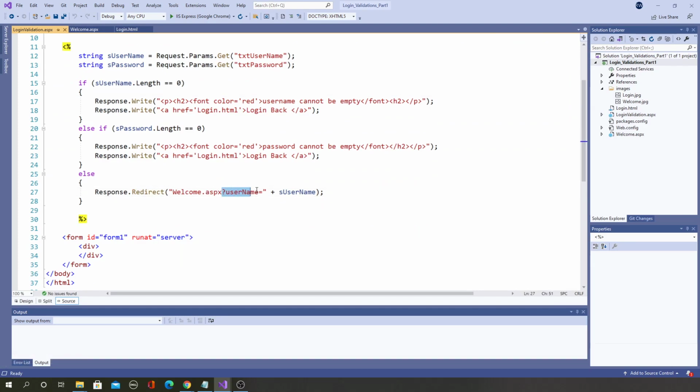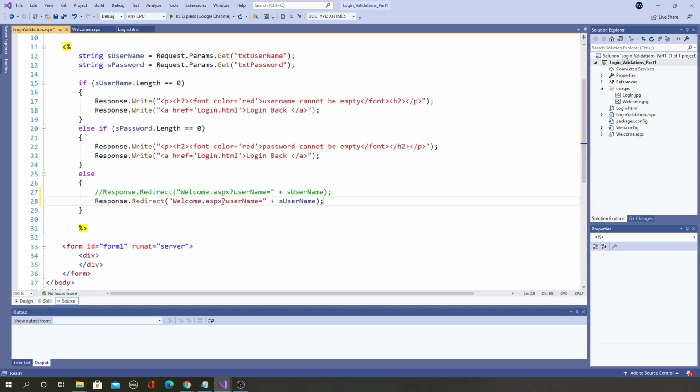If you are confused by this, you can simply start like this. If I just comment this line and explain, this is how you build this line gradually: you just say welcome. I just commented that line, and it will just send the user to the welcome page. This is known as redirection. Now if you run this, you will see